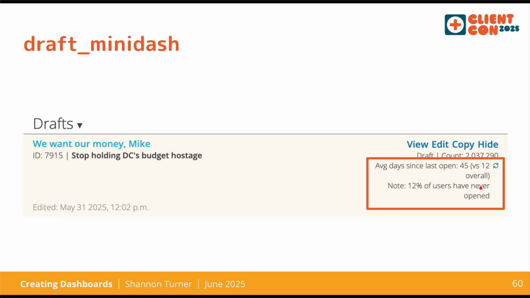So now that we've gone through the process of creating a dashboard, let's see some examples of what's possible. I'm not going to go through step by step on each of these, but you will get the recipes for all of these in the description. First up is the draft mini dash. This appears for your draft mailings. Now, wouldn't it be really nice to see the average number of days since the users in your targeting, so these 2 million people,